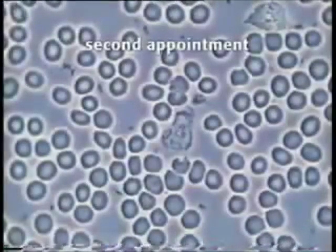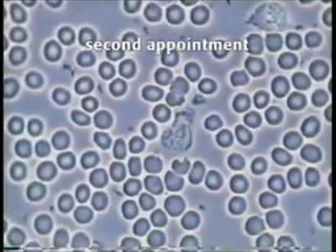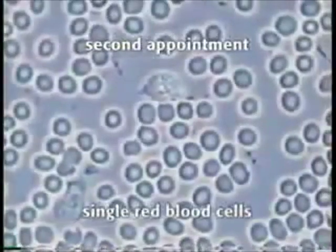After only 3 months on nutritional supplements, again the difference is really quite startling in this sample. The red blood cells are no longer stuck together. They float freely in